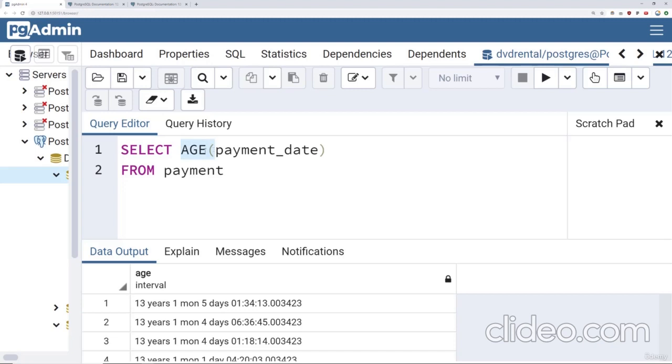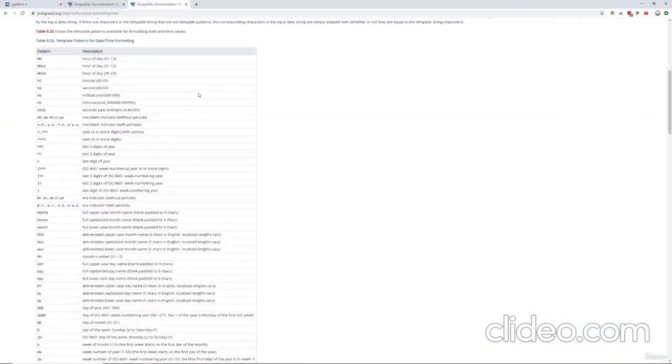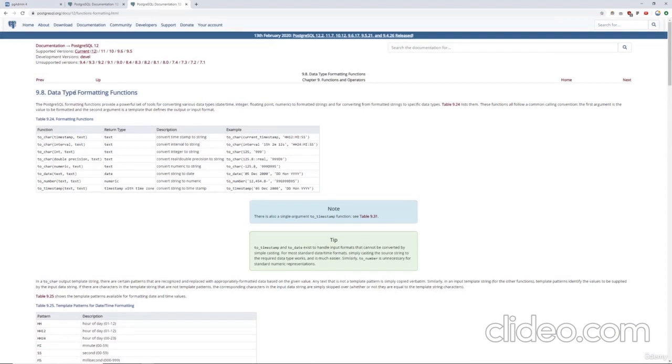And then finally, the one I want to show you in a little more detail is to_char. So the way this works is we say to_char. Then we decide on the timestamp column we're going to be working with. We say comma, and then as a string code, you get to decide on the formatting. And as I mentioned, to_char is just a generalized function for converting from one data type into a text data type. And if we take a look at the documentation for this, which is under data type formatting functions, or if you just Google search